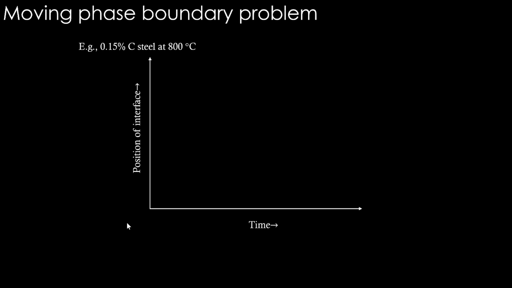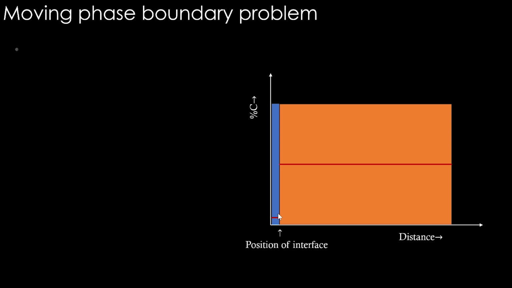If you plot position of interface against time, we will see that the interface keeps on moving with respect to time, and beyond a certain time it's going to be constant, the interface doesn't move. This is where the equilibration is achieved. So we can track this time, this is the time for equilibration. Okay, so this is the setup.